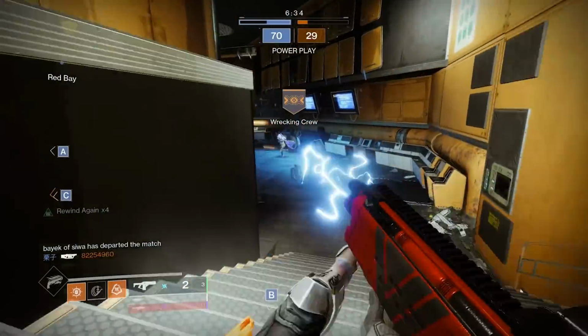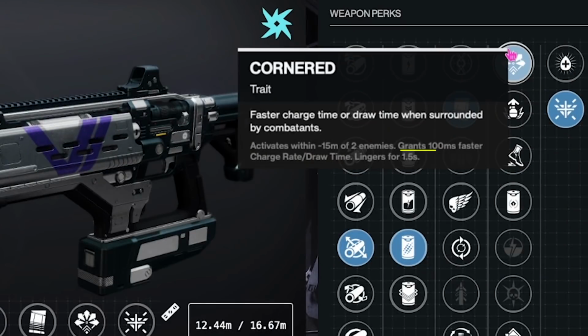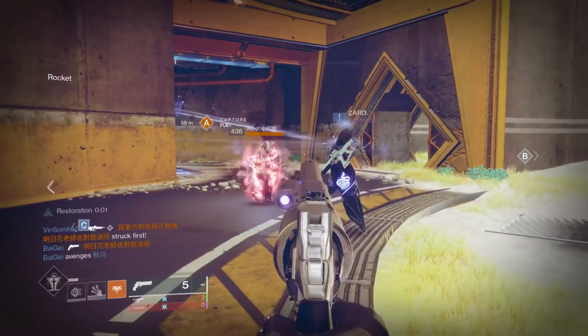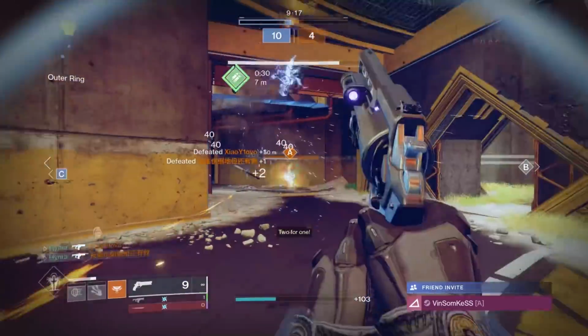I think it was the right call, but I do think that it gave an edge to the Plug 1 with that cornered perk. Being able to cut your charge time by 100 milliseconds when you're around 2 enemies is huge, and if you have the Adept version, remember that that charge time doesn't actually cut your impact down. As it stands, I truly believe this to be the optimal fusion of choice, but I know it's specific,